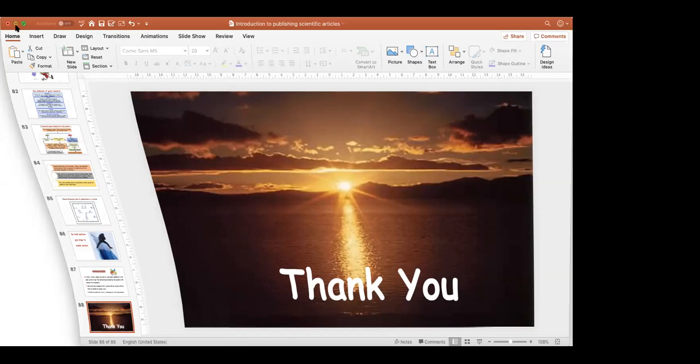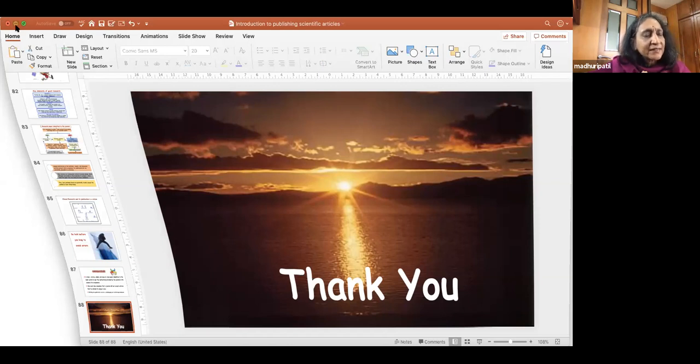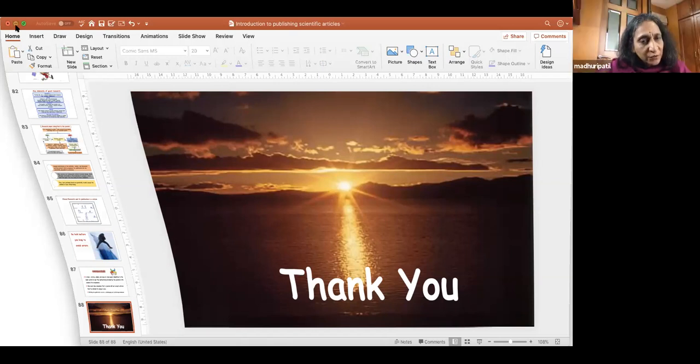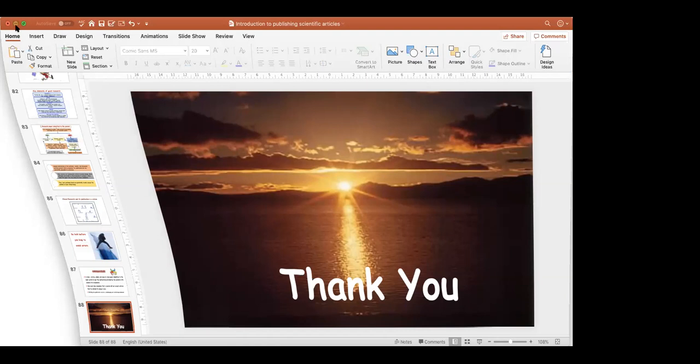So peer review basically is a system where the editor does not have any role to play in the acceptance or rejection of an article. It is sent to a third person who doesn't know the author, because therefore we say that there should be no identity of the author, the institute, the city or the country anywhere in the title or in the article file, because it has to be totally blinded. So this is called peer review, wherein you are sending it to a third person who doesn't know anything. Is it sent to an individual or multiple individuals? That's what I was telling.